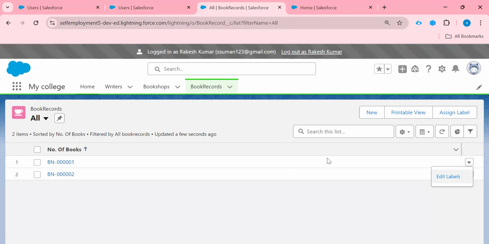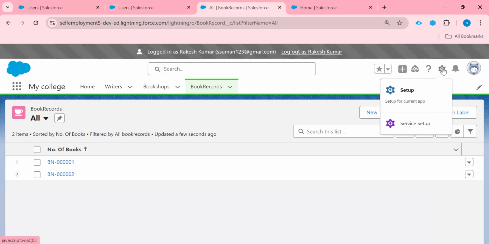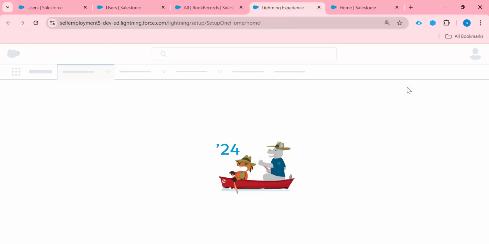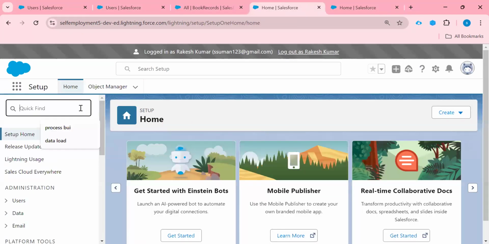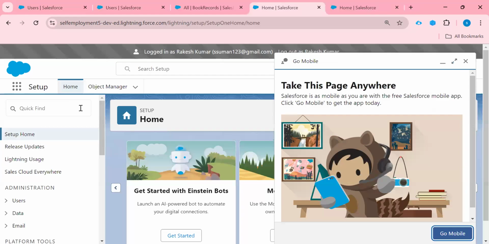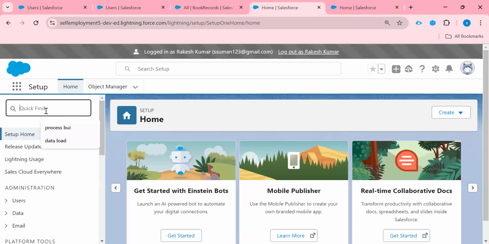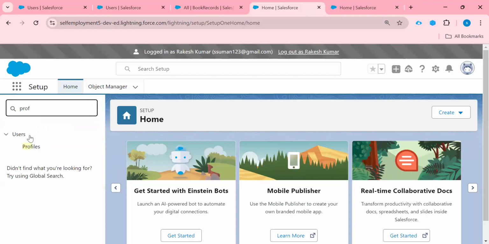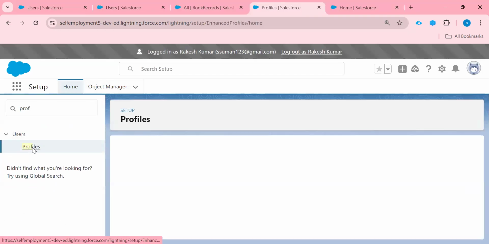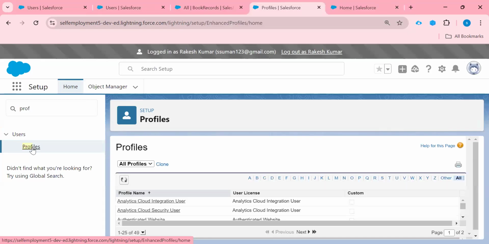Okay, so if I open a profile one more time, just click here, the custom standard profile which we have created.